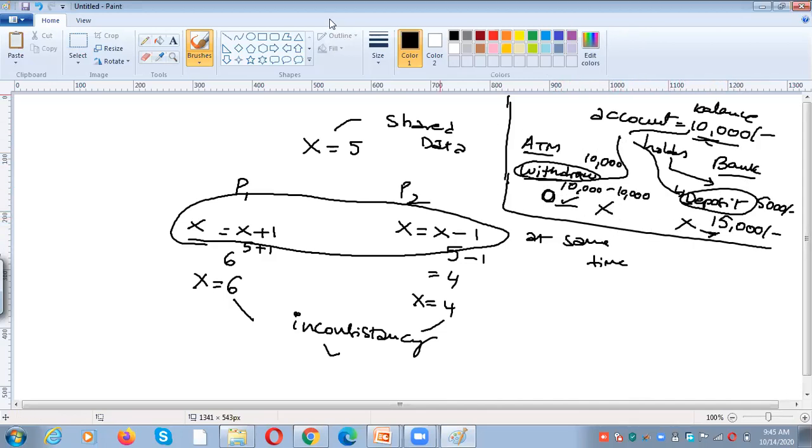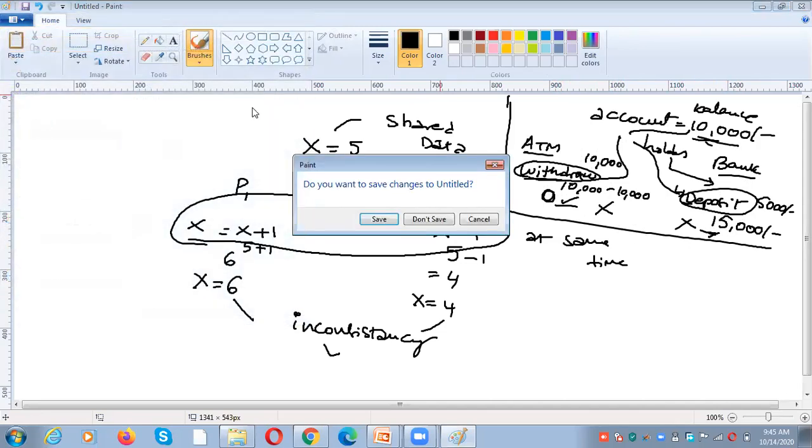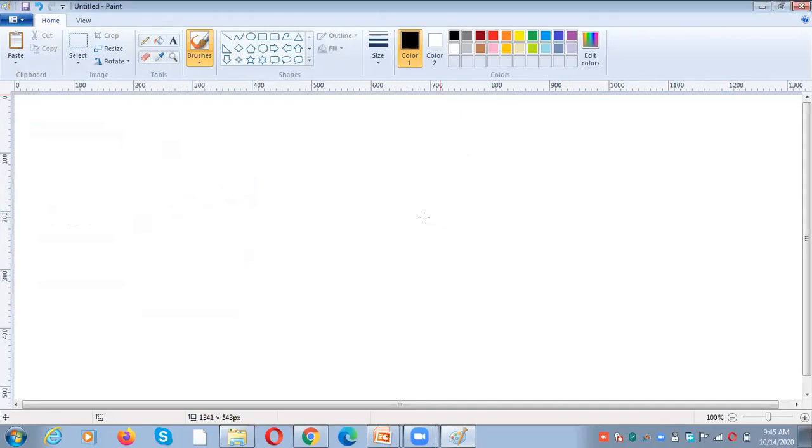So in order to avoid such an inconsistency, there should be some synchronization between the processes, so that there will be no inconsistency. What is inconsistency? If a variable x needs to be accessed by other processes, for example P1, P2, P3, all the processes are willing to access the value x.